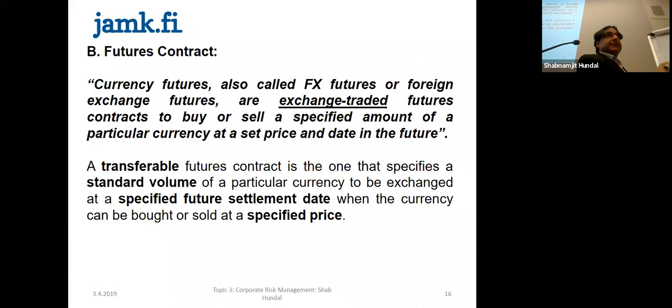Four specific: you buy or sell the specific currency,